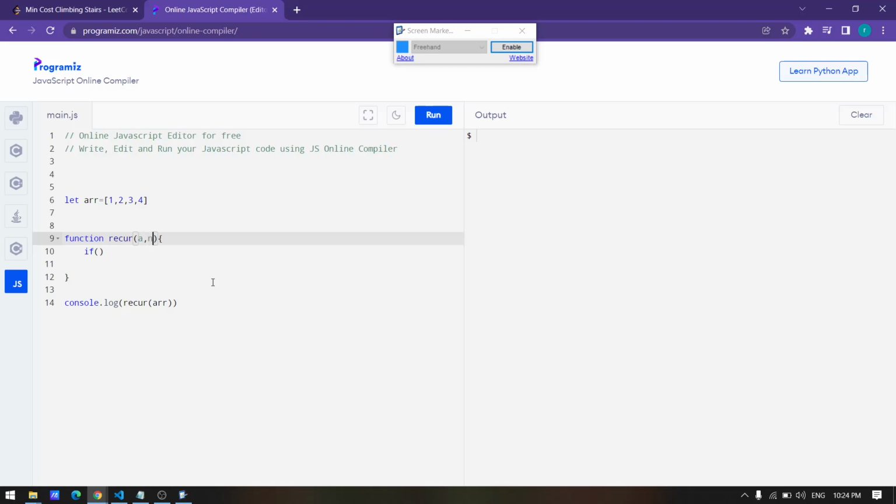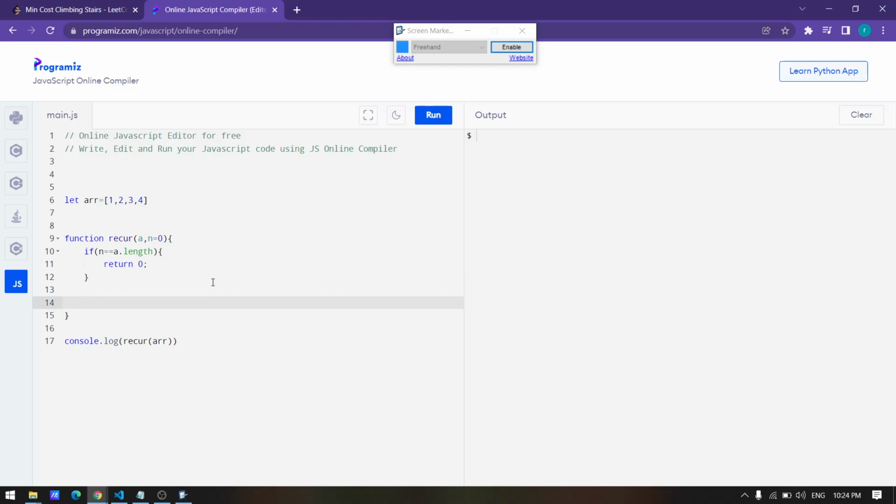You will need one helper variable that adds up. I have declared n, which right now will be 0. So if n is equal to a.length, that is our base condition, and what you have to do is return 0. So our base condition is done now.